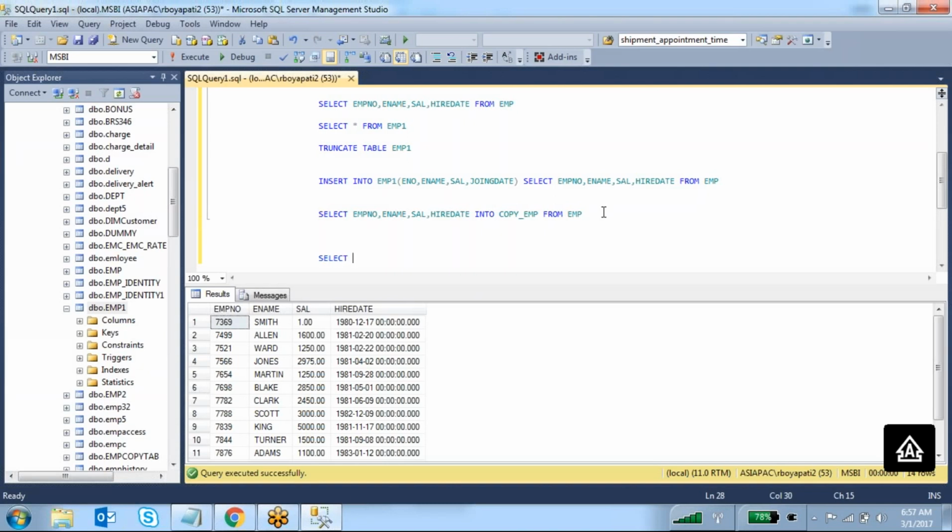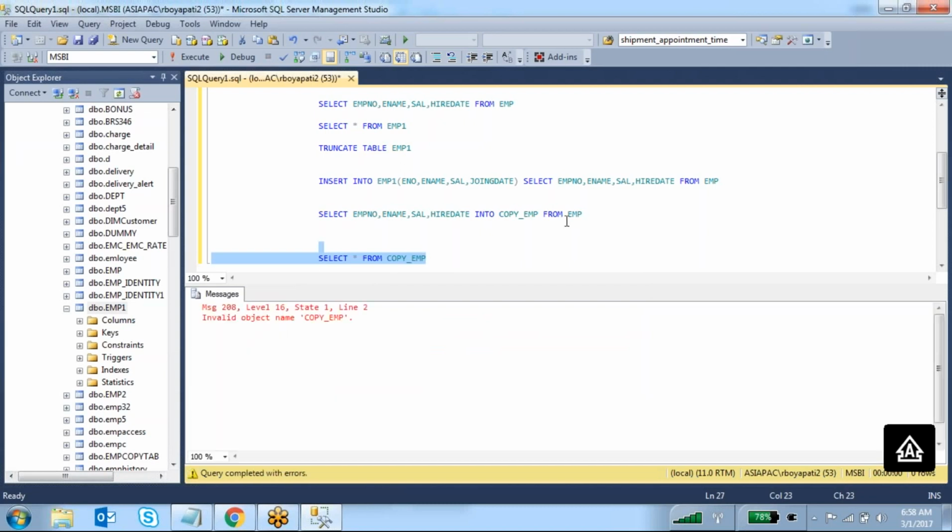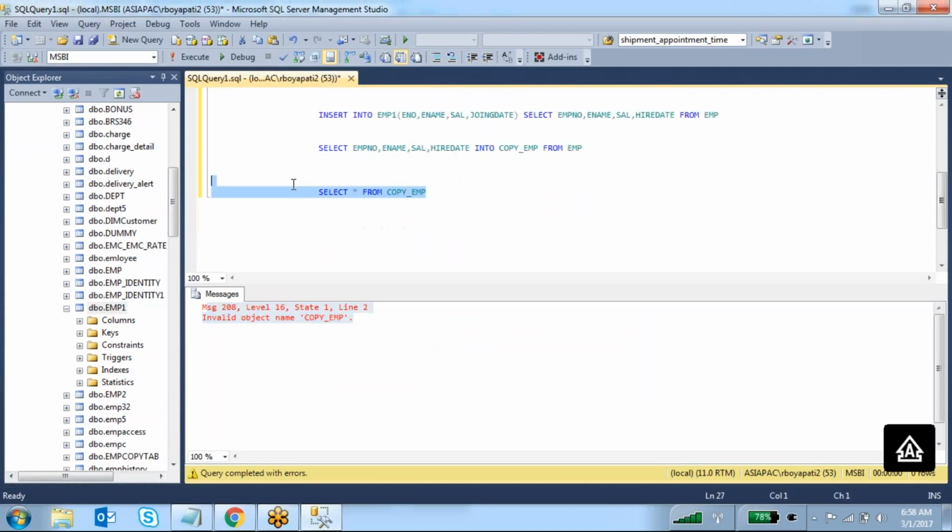You can check. Select star from copy_emp. You can execute this one. Invalid object name, because we don't have any table with the name copy_emp. That is the reason it is displaying invalid object name copy_emp.